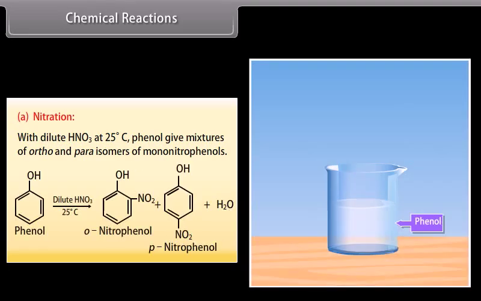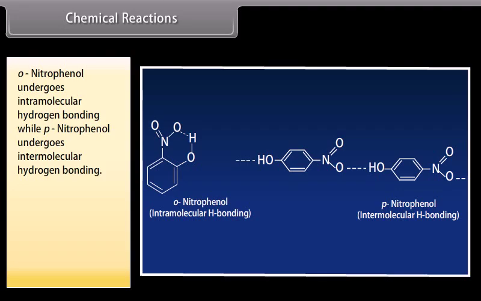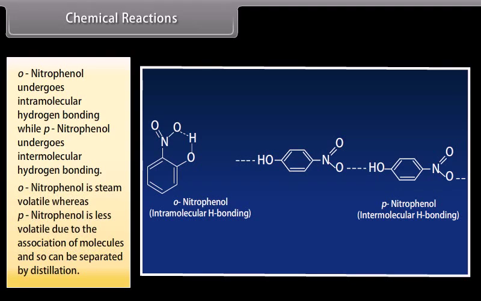On adding dilute nitric acid to phenol at 25 degrees Celsius, it forms orthonitrophenol and paranitrophenol. Orthonitrophenol undergoes intramolecular hydrogen bonding, while paranitrophenol undergoes intermolecular hydrogen bonding. Orthonitrophenol is steam volatile, whereas paranitrophenol is less volatile due to the association of molecules and so can be separated